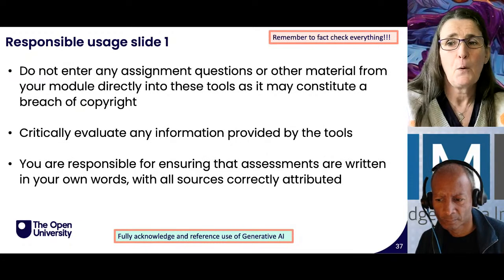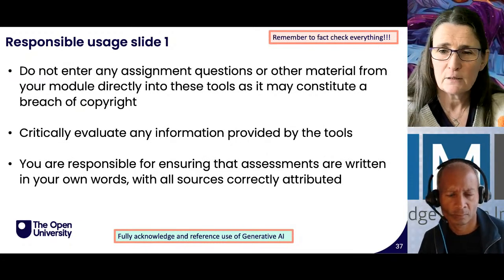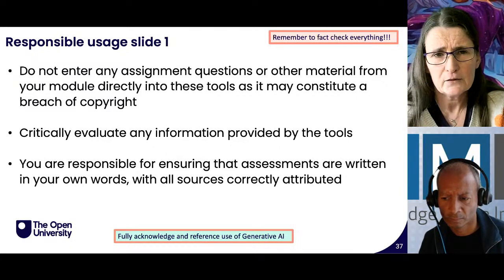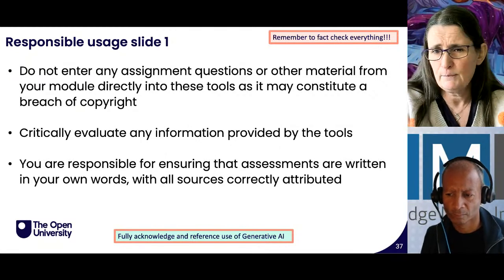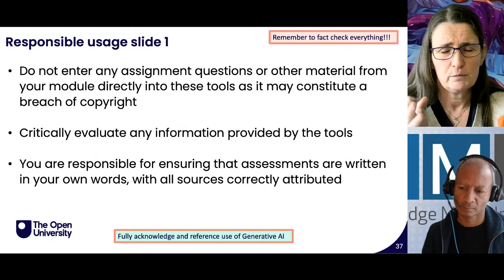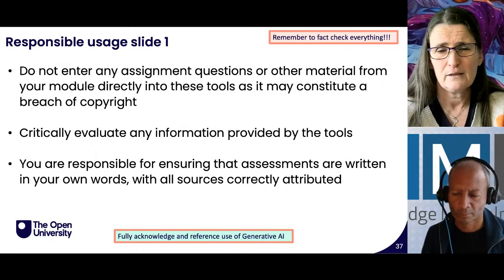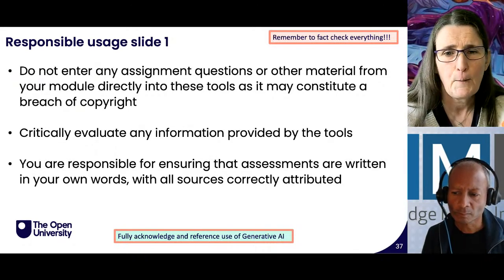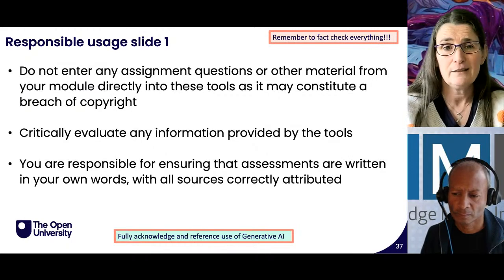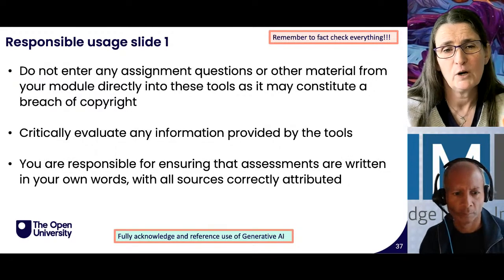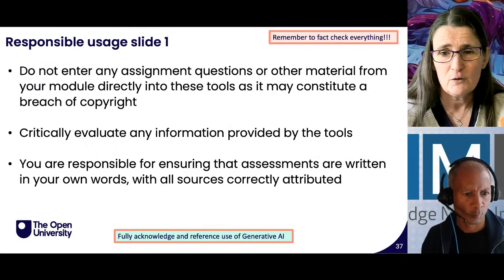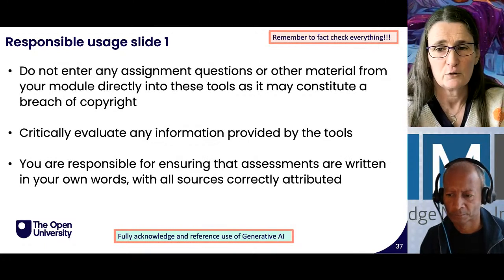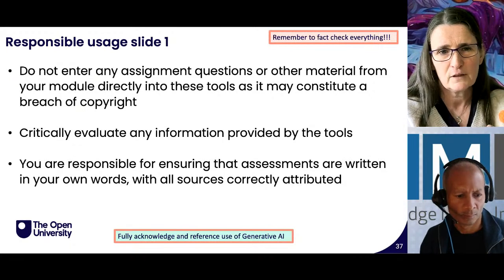And I'm going to come back now to remember to fact check everything, because some of these tools will produce beautiful references for you. So we know that Professor John Domingue is an expert in generative AI. So it might spit something out and it might say resource, and it's Professor John Domingue. The date sounds right, the title sounds right, the journal sounds right, the length of the journal sounds right. All of these things sound right. But if you ask Professor John Domingue, he goes, I didn't write that. That's because it is a made up or an hallucinated reference. So if you are going to use generative AI, you must make sure that what it spits out is correct, and you must make sure that the references that come out are real.